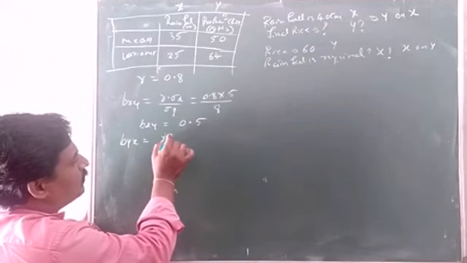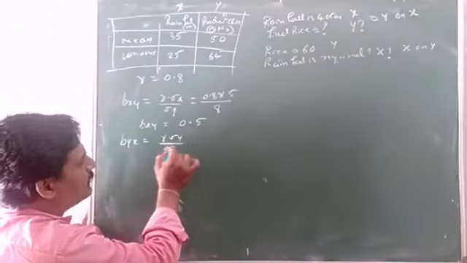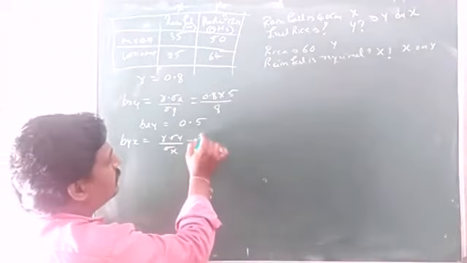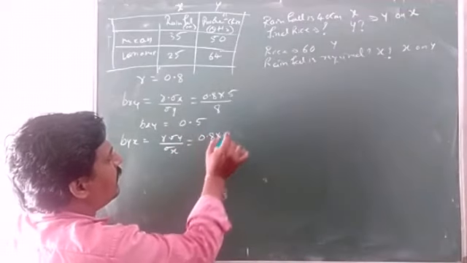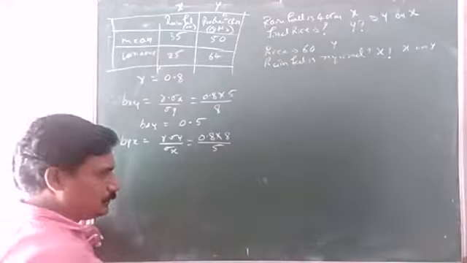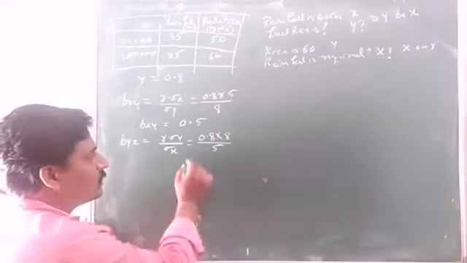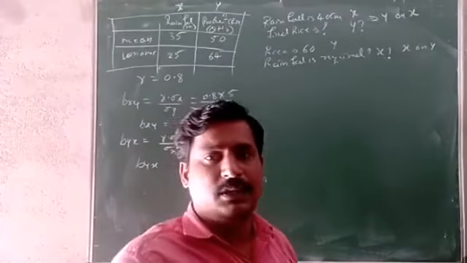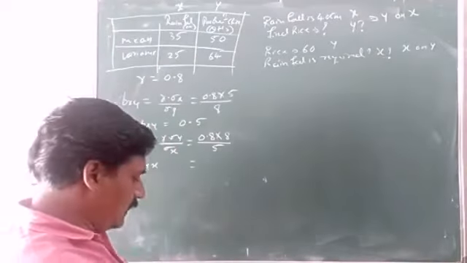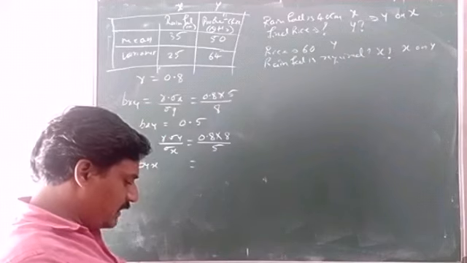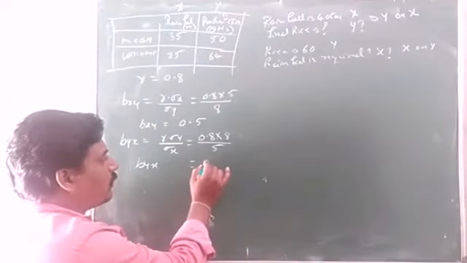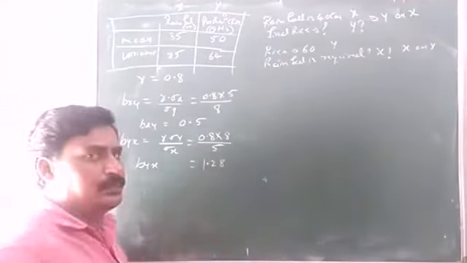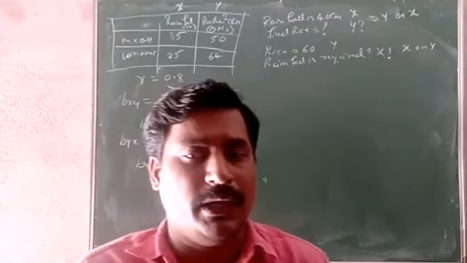r into sigma y divided by sigma x, that is 0.8 into 8 divided by 5. Okay, so byx is equal to how much? That is 0.8 into 8 divided by 5, 1.28. Okay, now